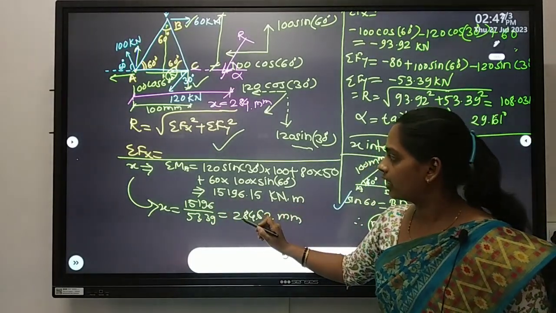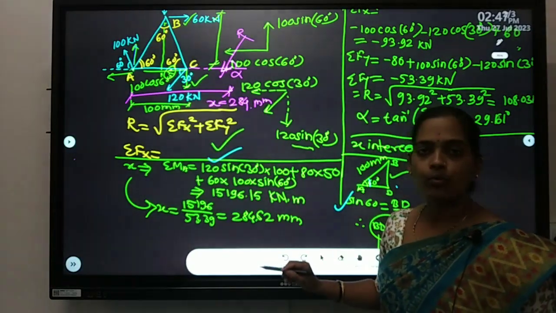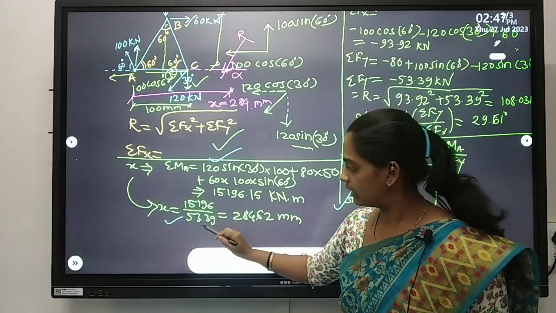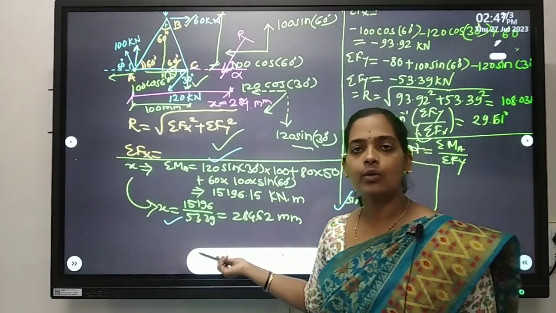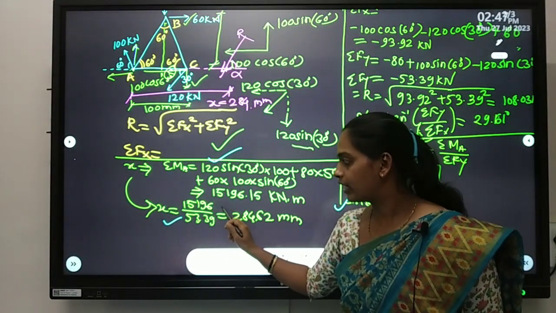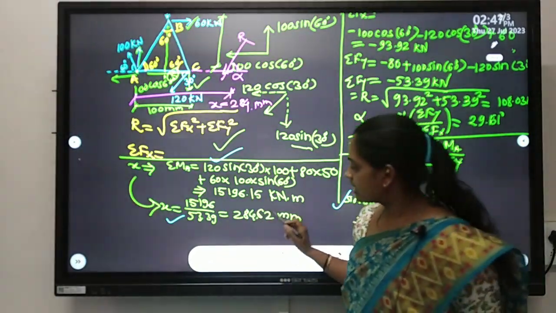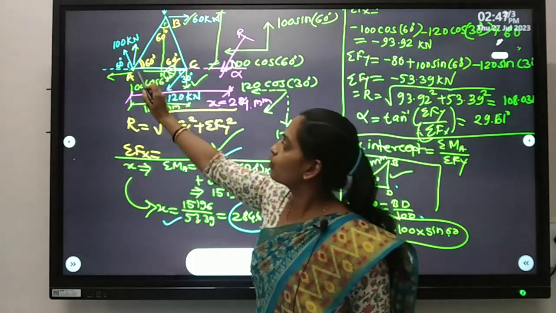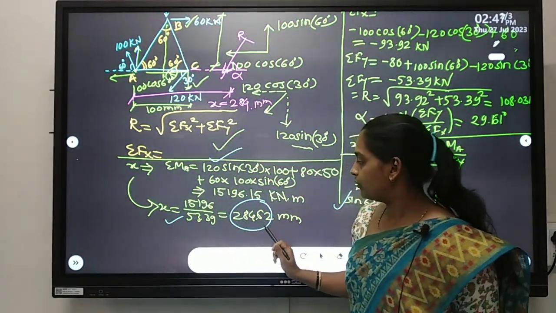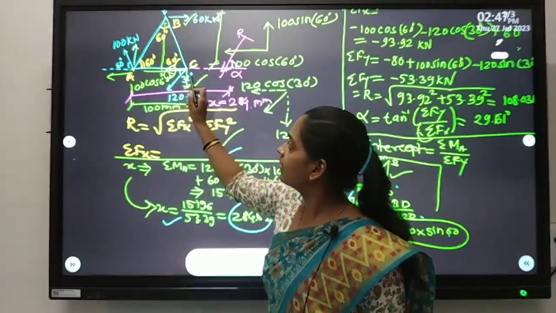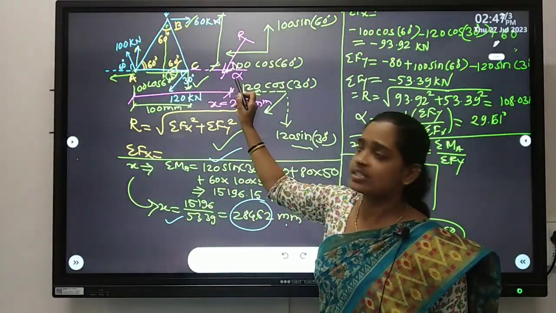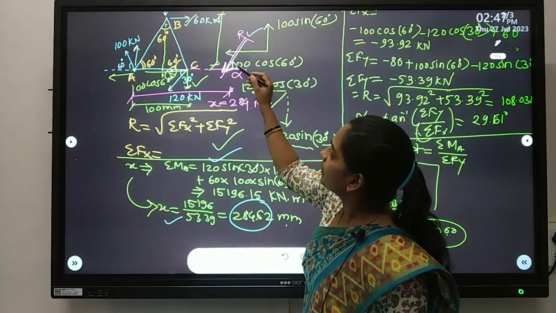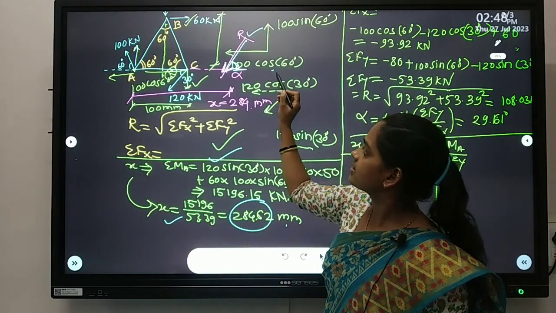So put these values here and just calculate summation of moment at point A. Then the x-intercept can be calculated as summation of moment at point A divided by summation f of y. Suppose we have to calculate the y-intercept, then summation of moment at point A divided by summation f of x. So lastly you have to show this particular resultant distance in your given figure. So from point A it lies at 284 mm. Okay. Since this distance is 100 mm, after some distance from point C it will lie. So it is shown like here, this is R and it makes an angle of alpha degree with respect to the x axis. Thank you.